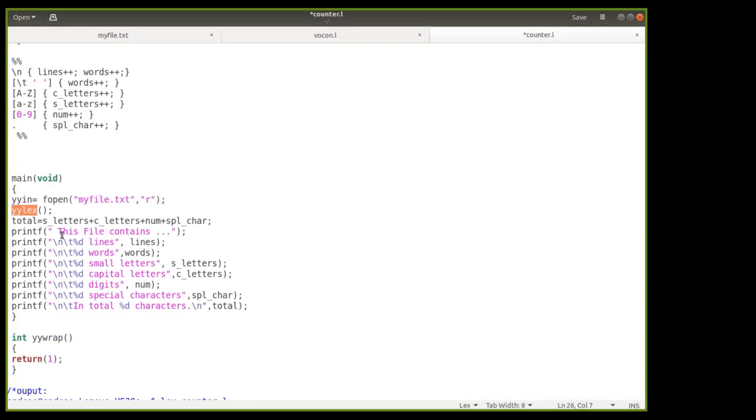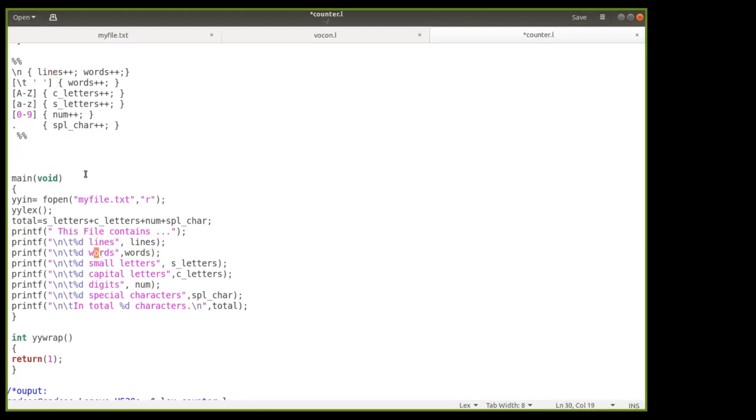Okay. Now we have to display the total characters also. So here we have taken the variable total equal to small letters plus capital letters plus number plus special letters, so that everything comes under the total. Okay. And then what exactly is in this file, we are going to display using printf. This file contains, printf \n \t %d lines. So how many lines are there will get displayed here, because we are counting the lines here.